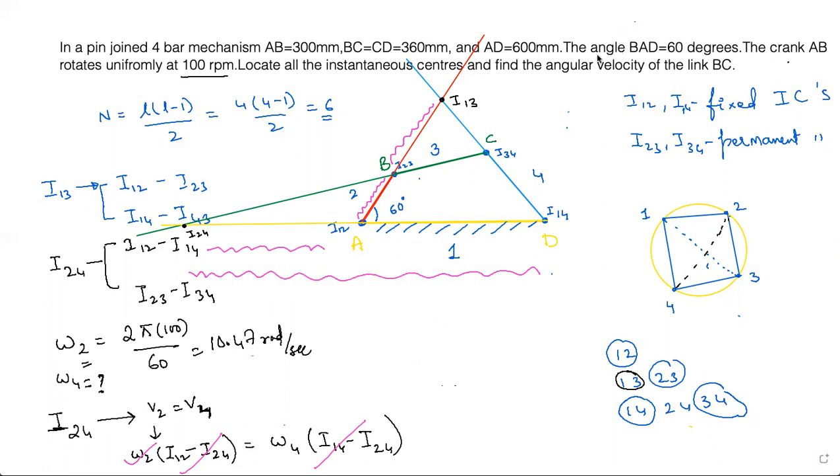And one more point. If they are asking you for the velocity at point C, you can find it out in this way. Immediately you can take the velocity at point C equal to R omega, right? Just see, perpendicular. Omega 4 is already known because you found it out from here. So I can write R, meaning DC, times omega 4. So omega 4 is known, DC is known, so VC also can be known. This way you can find out any linear velocity, any angular velocity in this entire mechanism. So thank you.